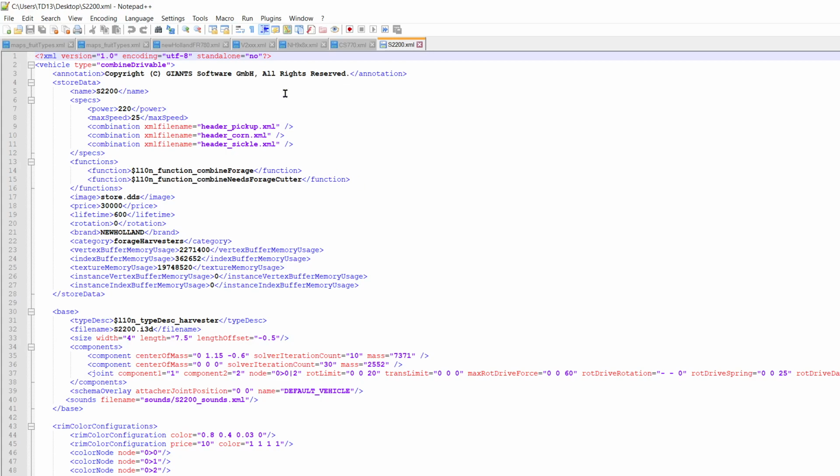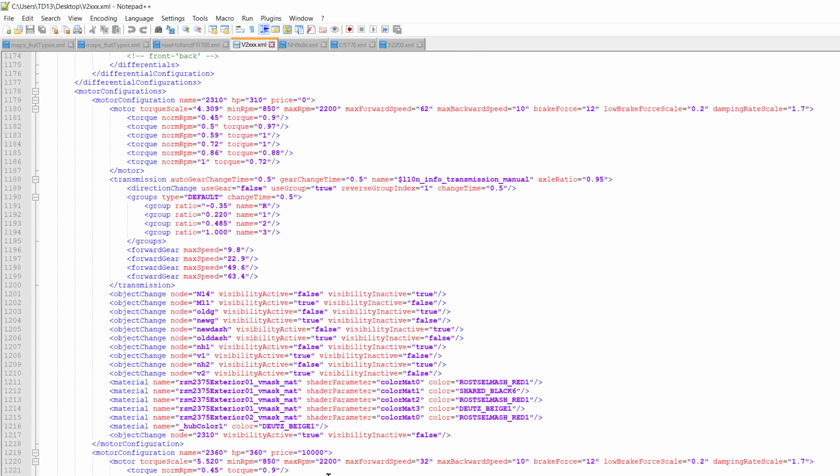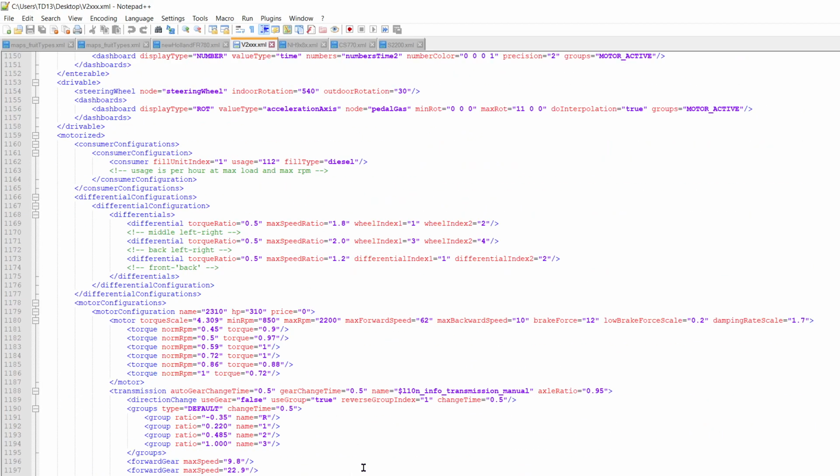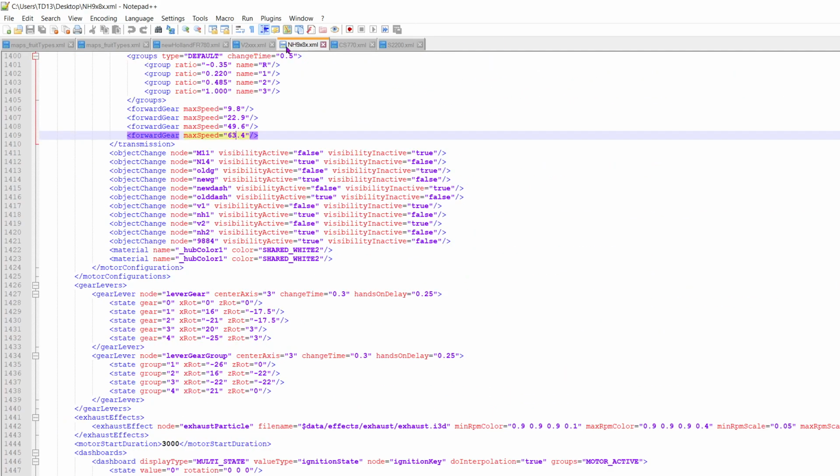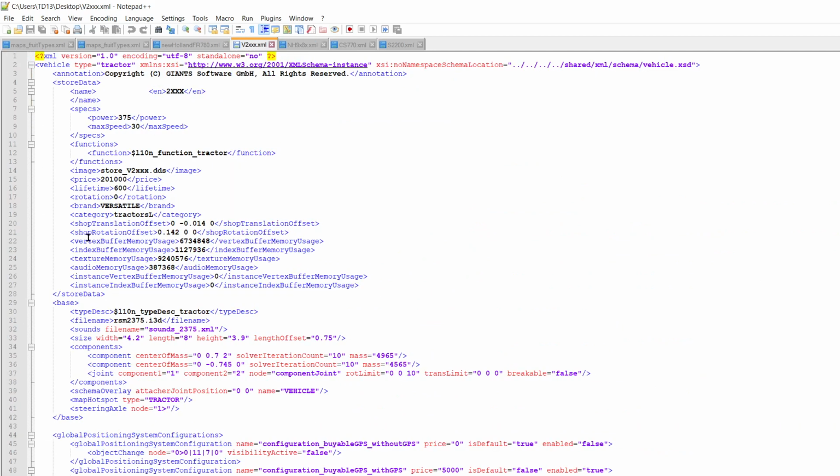I'll show you with this vehicle as well. This one just has multiple options, so it's a lot better to show. But for a less complex option, I'll show you the forage harvester. So, like I said in the previous video, torque scale is basically the horsepower of the engine. If you go all the way to the top, I'll switch between these two so that way I have both pulled up. If you switch to the top,